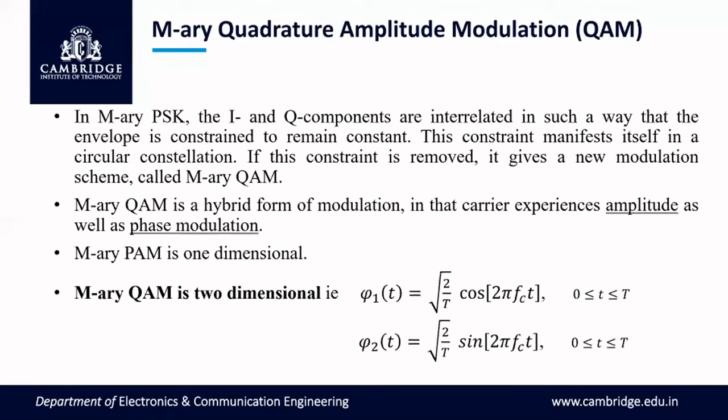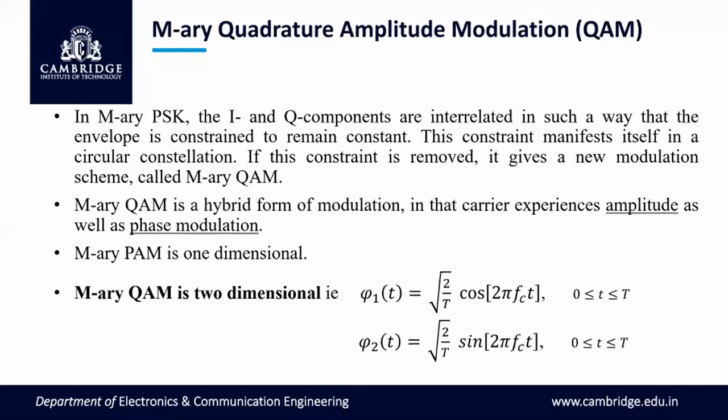One more similar one, which is MRA QAM, quadrature amplitude modulation. We understand the title first. M is, as you know, the number of symbols to be transmitted. Quadrature stands for two basis functions. One is cos 2 pi ct, another one is sin 2 pi ct. I have given them in the last part of the slide. Phi 1 of t is equal to root of 2 by T cos 2 pi ct. Phi 2 is equal to root of 2 by T sin 2 pi ct.